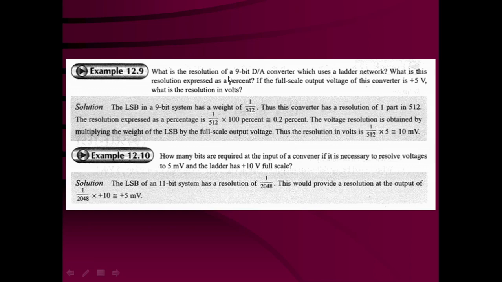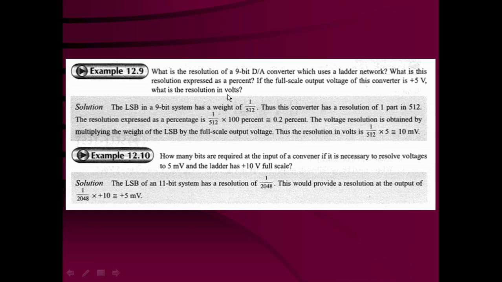Now, related to this, there are two examples. Try to understand these two examples, and you will understand what the resolution and accuracy are. Example 12.9 is this: What is the resolution of a 9-bit D to A converter which uses a ladder network? What is the resolution expressed as a percentage? If the full scale output voltage of this converter is plus 5 volt, what is the resolution